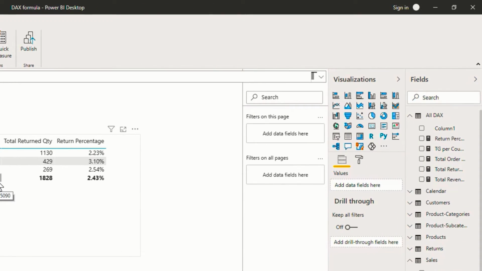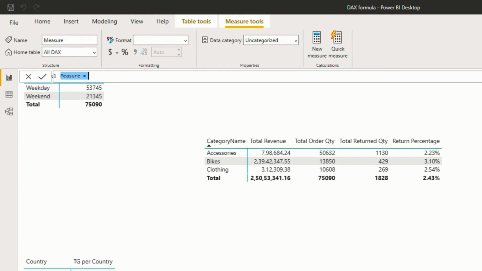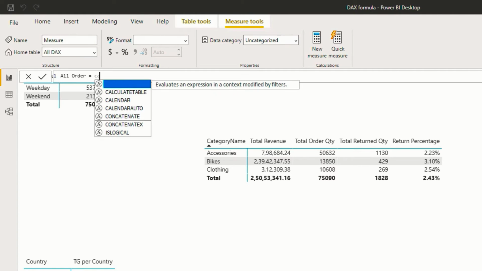So I will add a new measure, and I'll call this All Order, equal to, and then I'll start with the CALCULATE function.